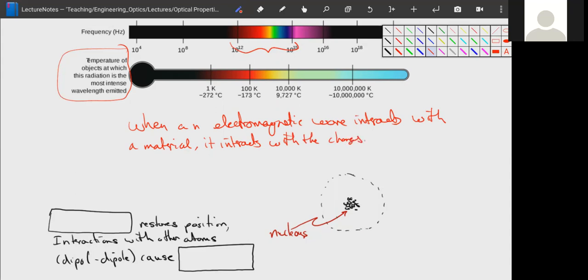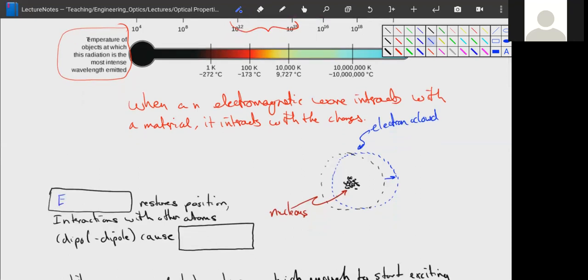So let's look at a model atom here on the bottom, right? And we have a nucleus here. We have, let's call this an electron cloud, like this. When the electromagnetic wave comes through, right, there's an electric component and a magnetic component. The electric component pushes and pulls on these electrons, and so it'll actually move this electron cloud over. Not much, actually. It's a very small amount. But it actually moves this electron cloud over, and then the electric